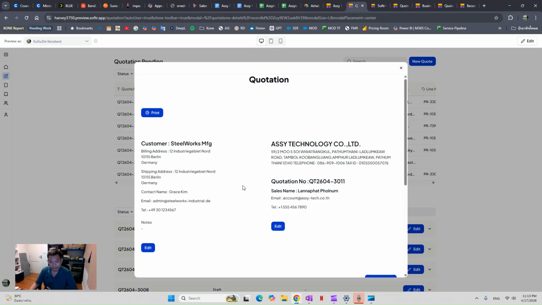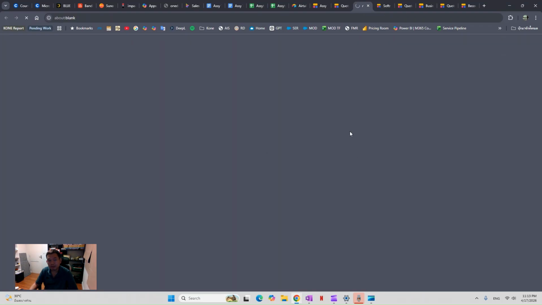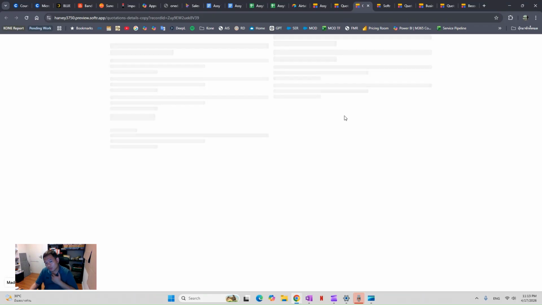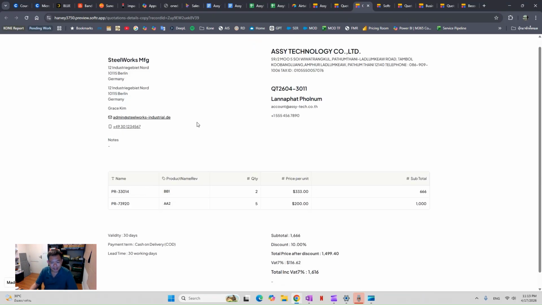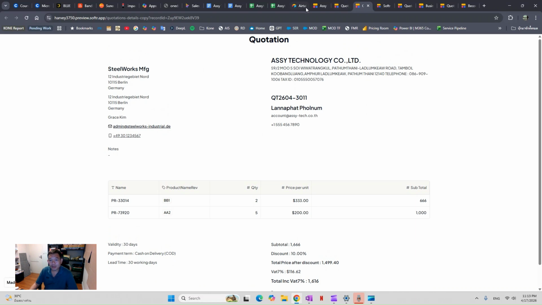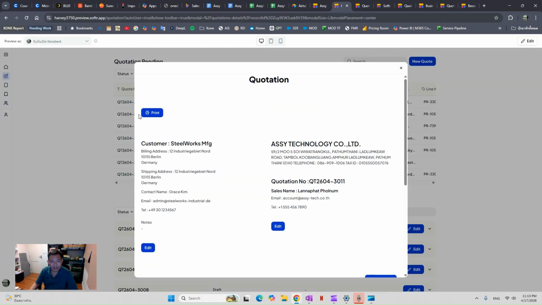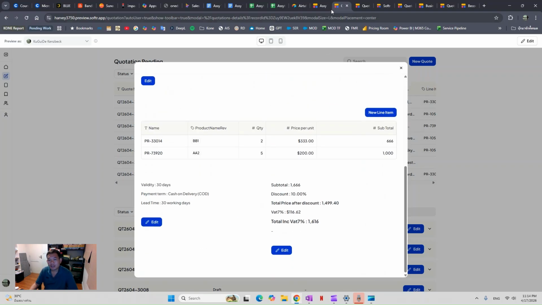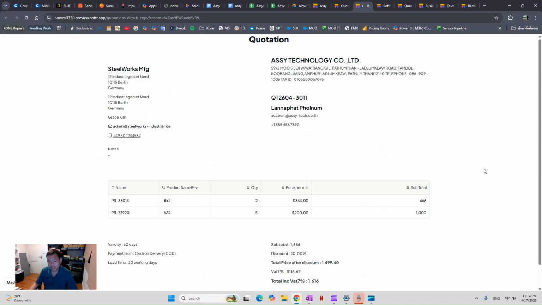If you don't need an approval process, then we can just skip it, and then we just click on print, which will show me a different page where I'm cleaning up these top menus and buttons, just showing the pure quotation here.